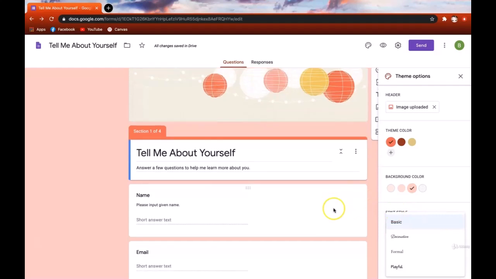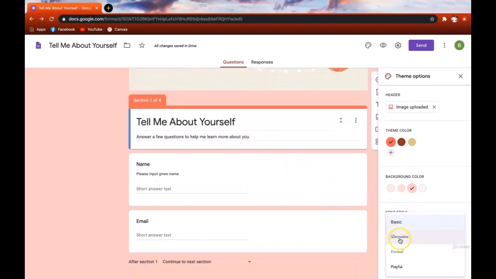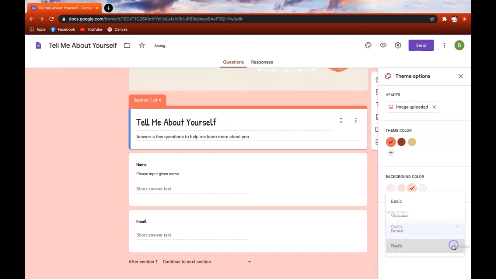First up, we have our basic style, and then our next one is this decorative style. So this is a more wedding-esque look. Then there is a more formal style. So this looks like the Times New Roman font or something that's similar to that. Last but not least, we have a playful style. Now, with my forms, I usually stick with basic, but I actually want to test out this playful style for